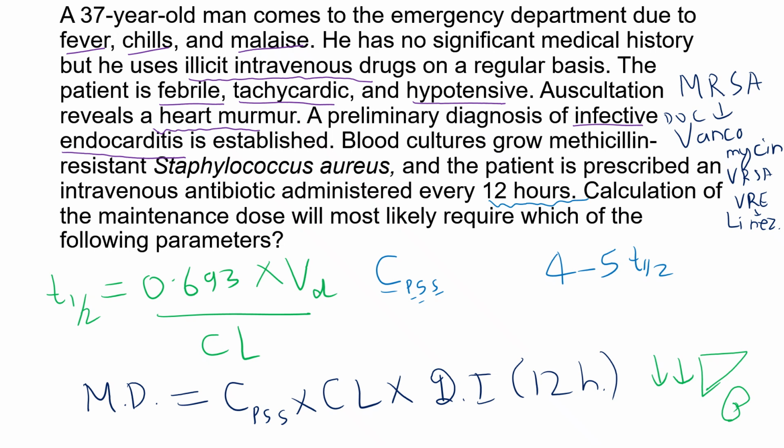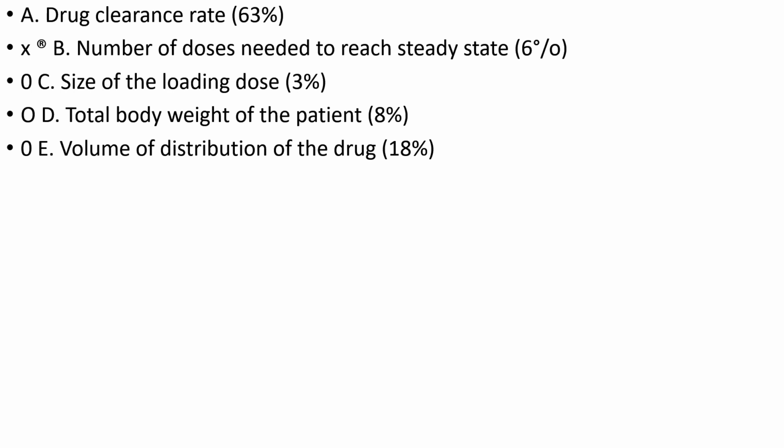Fine. Then loading dose calculation is done by this formula: volume of distribution into steady state plasma concentration. Now let us approach the options. Drug clearance rate, number of doses needed to reach steady state, size of loading dose. Okay, let us see them one by one. Drug clearance rate is the correct answer, which I told you already, because